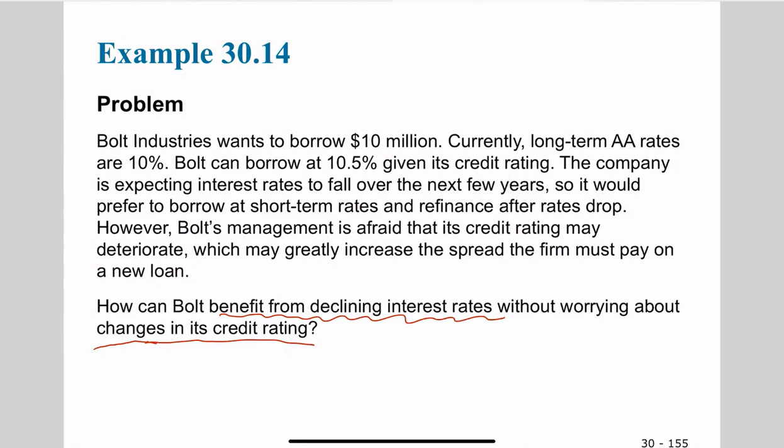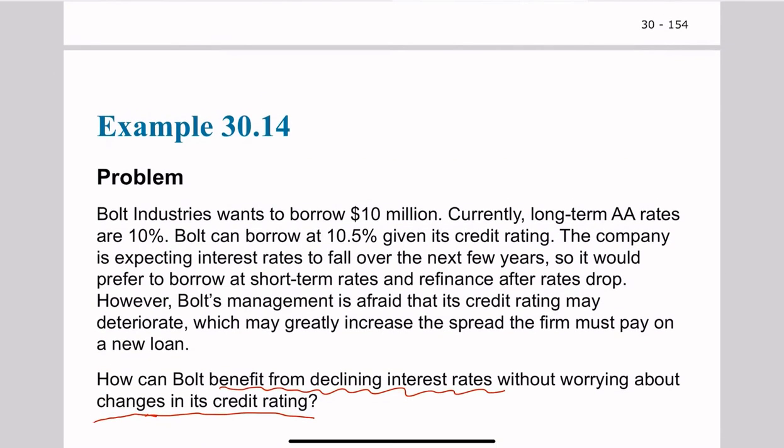Now, this means the firm will want to lock in the current credit spread, right? So you can see that the spread currently is 10.5% minus 10%, which is 0.5%. And the firm wants to keep this,